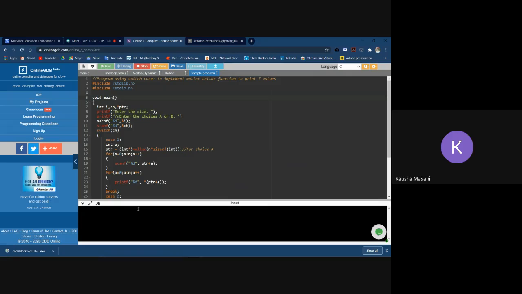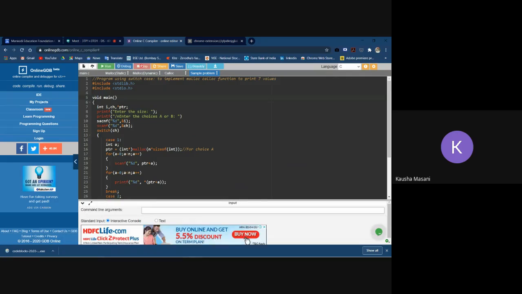So copy your whole program. Okay, Control A, Control C, and refresh your online compiler.